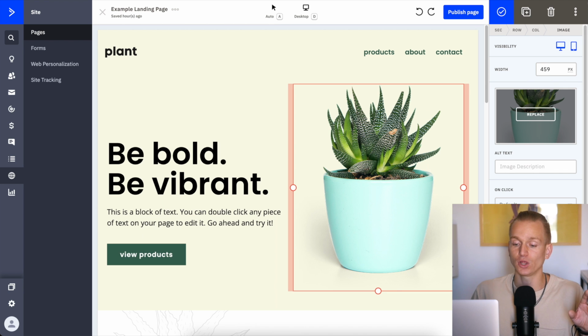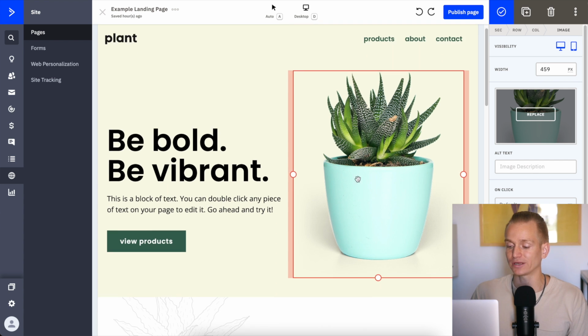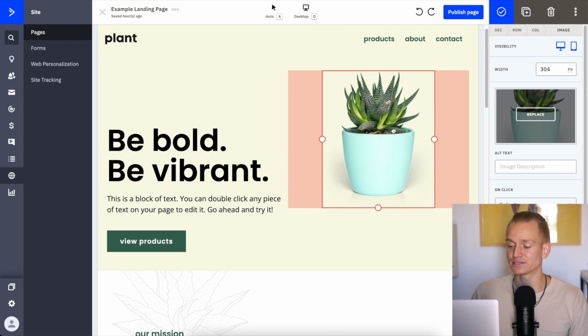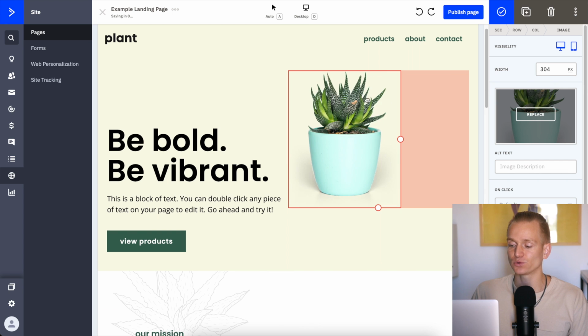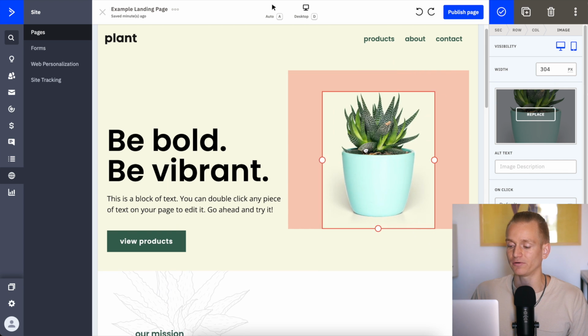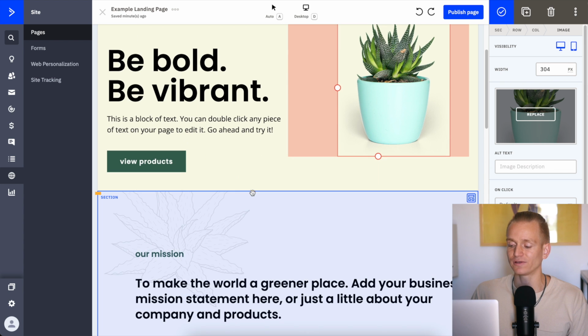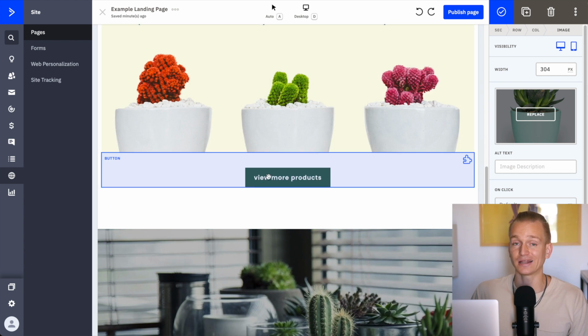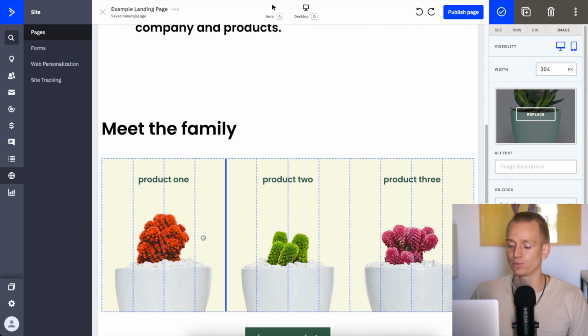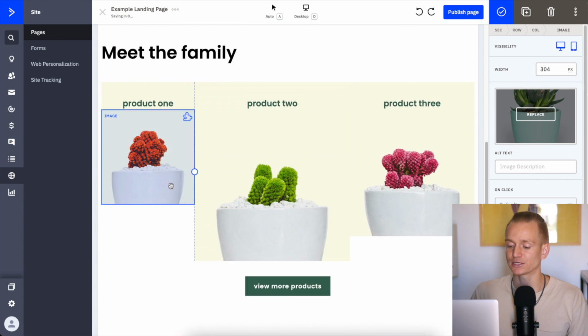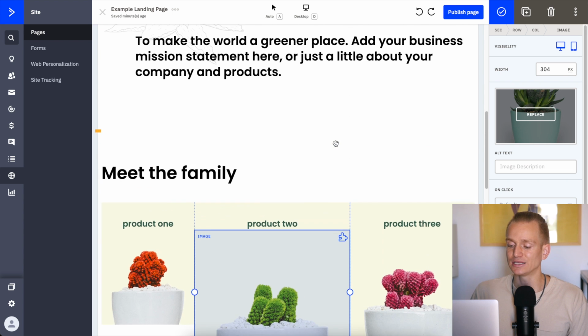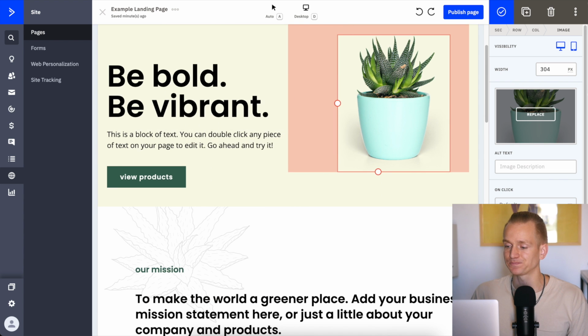But when we look at ActiveCampaign, for example, ActiveCampaign has a little bit nicer builder. And here, for example, let's say I have this image. I can actually adjust a little bit of the size of this image, and I can move it around within this sort of square of this element. So it gives me a little bit more flexibility of how the landing page is going to look like. And for example, here, I can change if I want these sections to look a little bit different. So it's definitely just better customization.